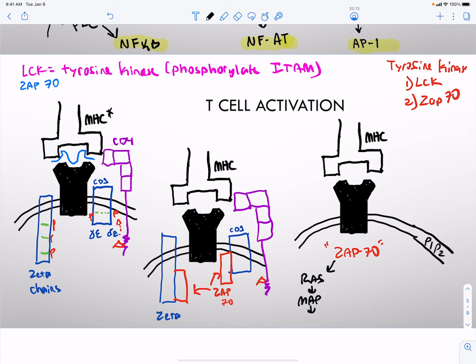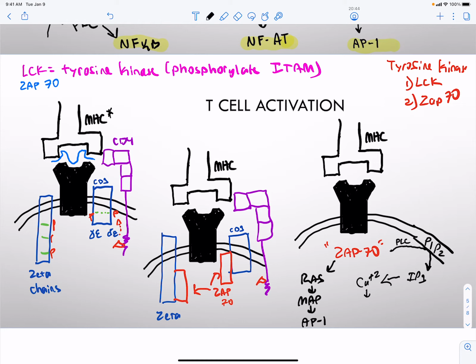And then we are going to get our AP1. And then ZAP70, similar to our SYK, is going to clip phosphatidylinositol using our phospholipase C, PLC. And we're going to get IP3, which is going to release calcium from our intracellular calcium stores,